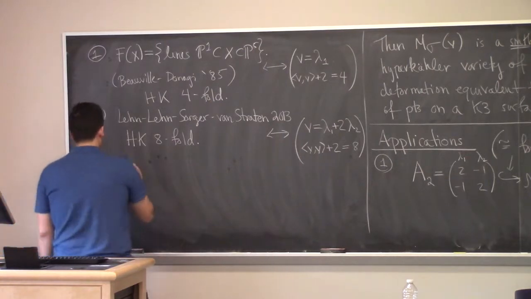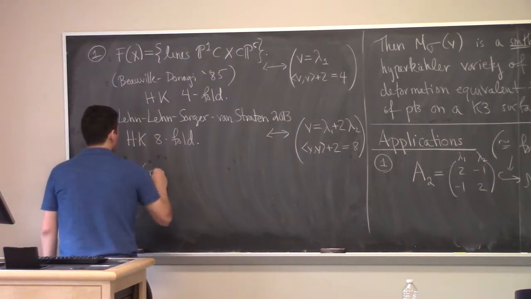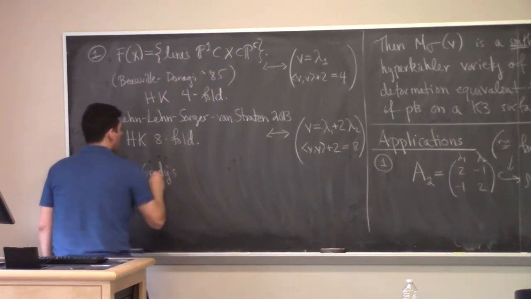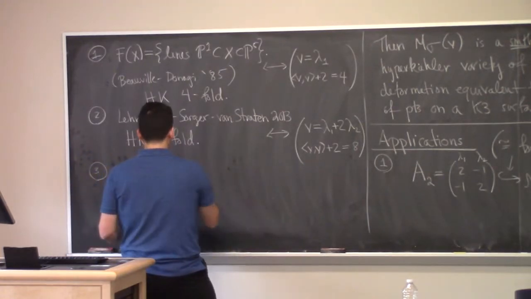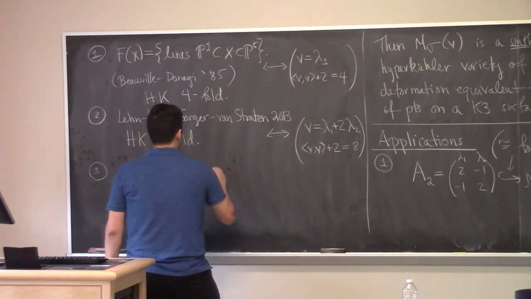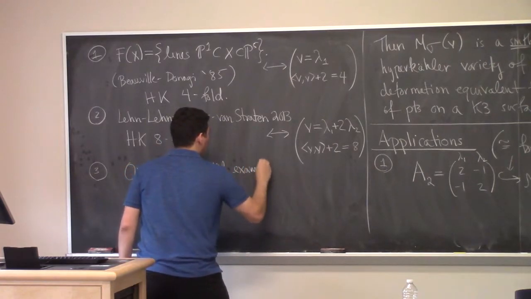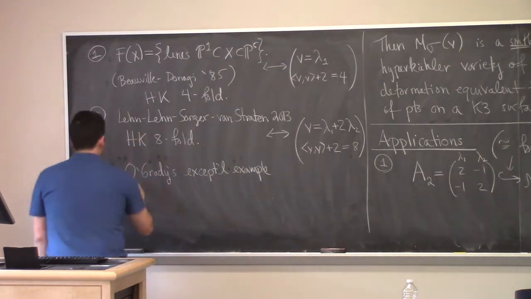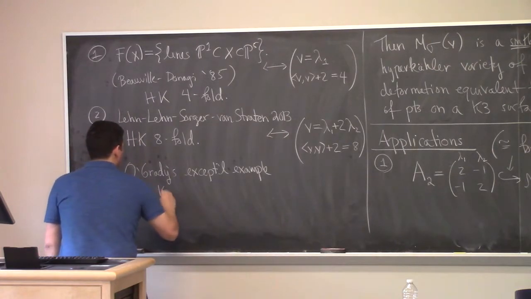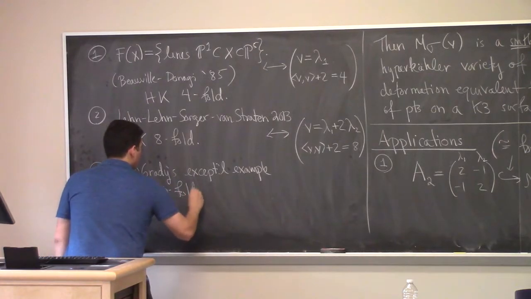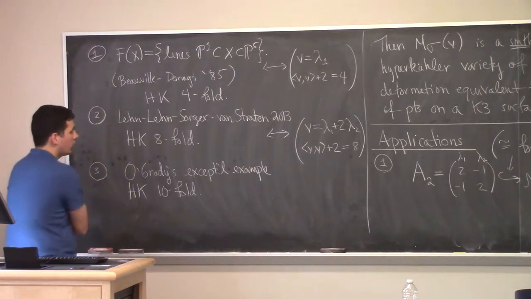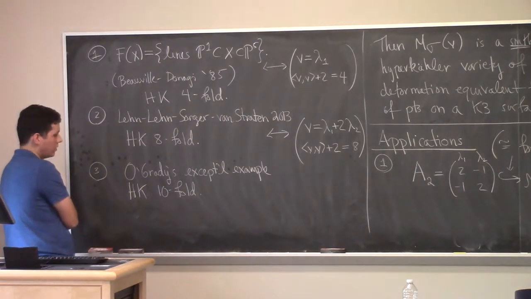And then there was one other example constructed from cubic fourfolds. So I'll call it O'Grady's exceptional example, which is a hyperkähler tenfold. So O'Grady constructed this hyperkähler tenfold, and then much more recently, like a few years ago,